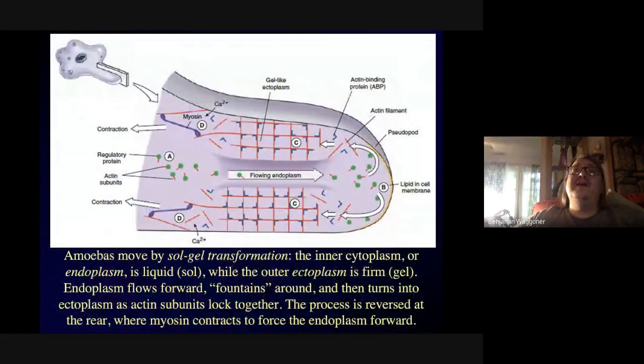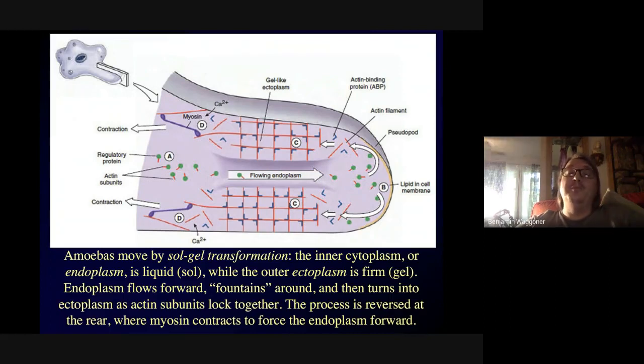They move. I'm going to have to find a video that shows this because this is a lot easier to show in living taxa than it is to explain just by bare slides. And yeah, if I had the brains the gods gave cheese, I would have set one of these videos up in advance, but I'll post one to the course playlist that I'm going to create on YouTube.